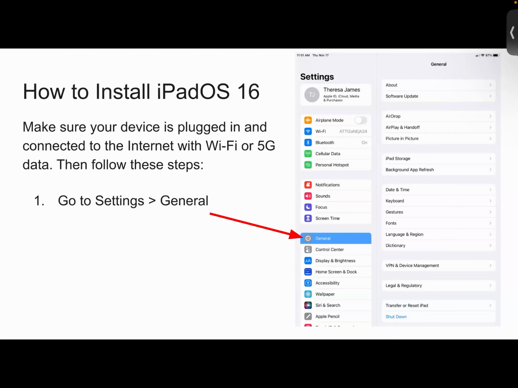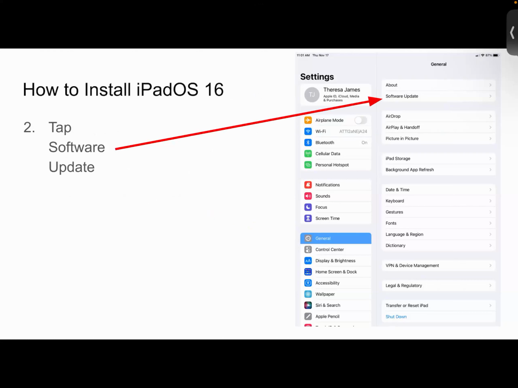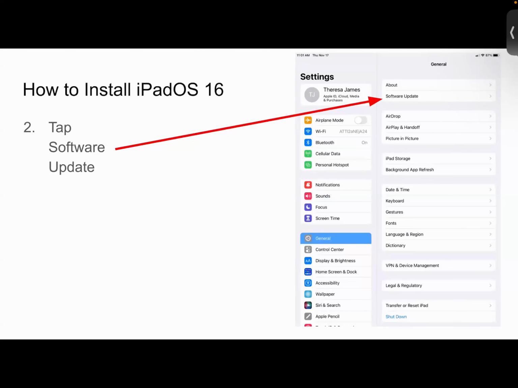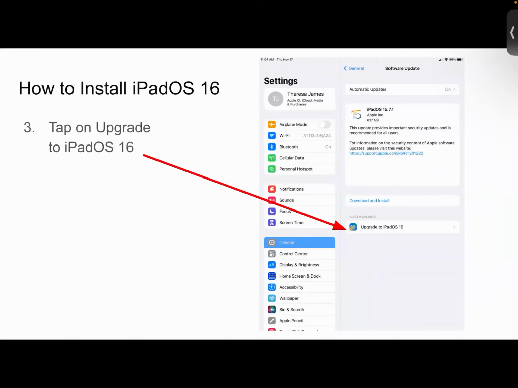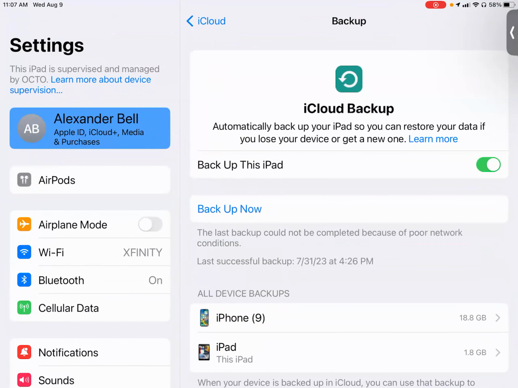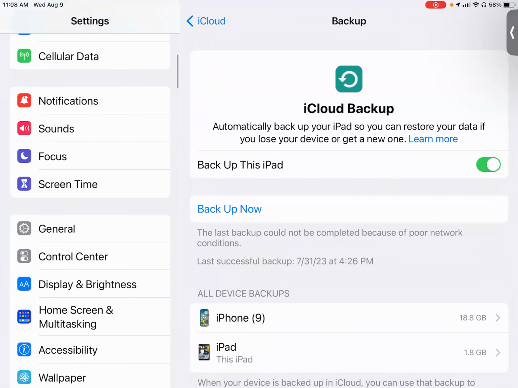You go to general, and then you tap on software update. When you hit general on the right-hand side, the second option says software update. That's the button you're going to see to check what operating system you're on, and to check to see if you need to download and install it. If I go to my settings right here, I'm on Zoom, so sometimes the backup may not work because of what you're doing. As soon as I get off Zoom today, I'll make sure to complete a backup. It just depends on your connection, but you should be able to fix that.